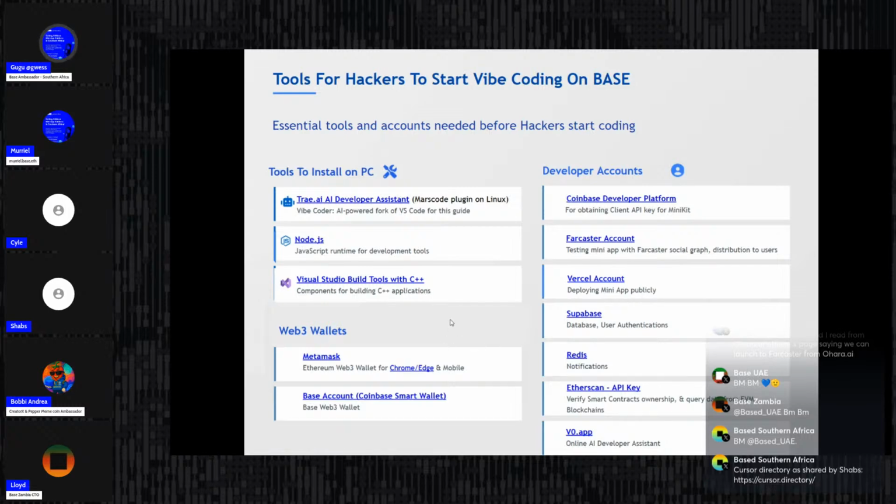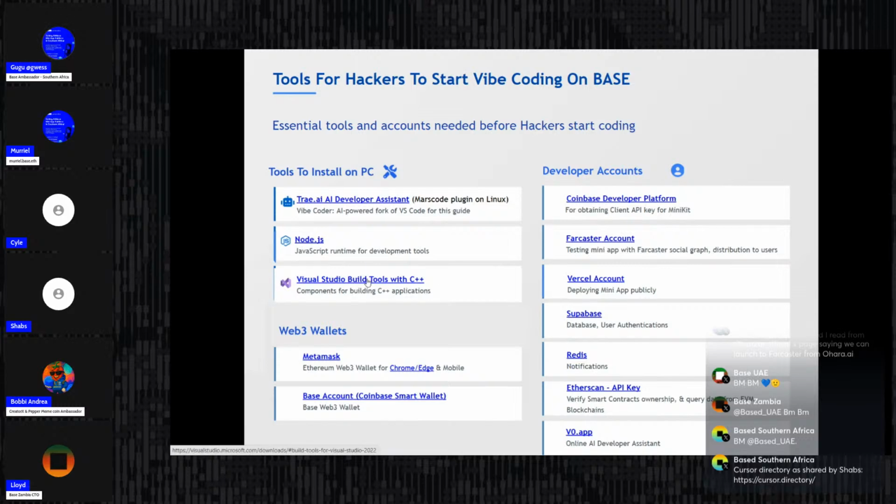And just to recap, we've spoken about Tray. I think we can go past Tray. Node.js is just something that a lot of you as developers know: you need to set up your environment, your PC, and these Visual Studio build tools. If you're using Windows, you probably need to set this up. And if you're using Linux, you as developers probably have all this, your developer environment is already set up, so you wouldn't have to worry about it.